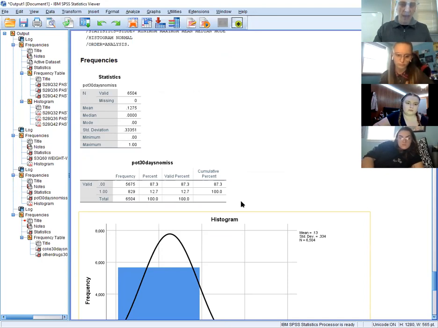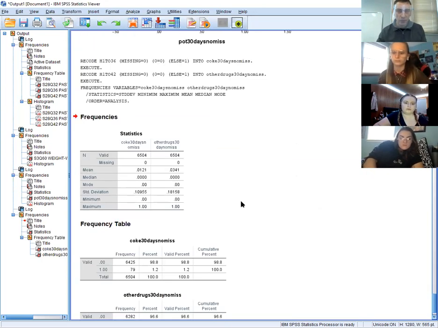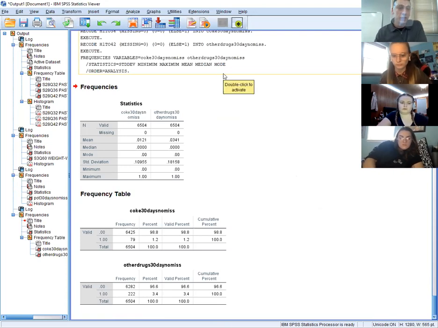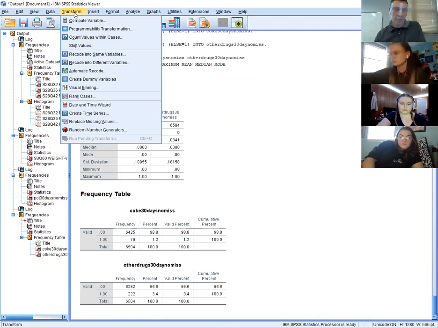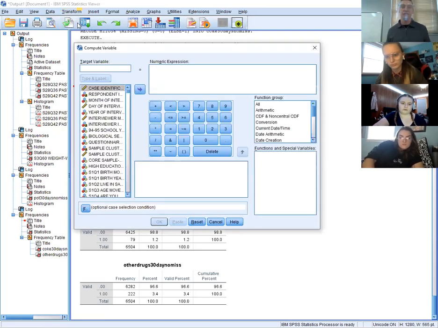Okay, so how do we do that? Well, what we can do is we can go in to where it says transform and go into where it says compute. So we want to make a new variable called any drug use in past 30 days based on these previous variables. Okay, so right here where it says compute variable, we have to come up with a new